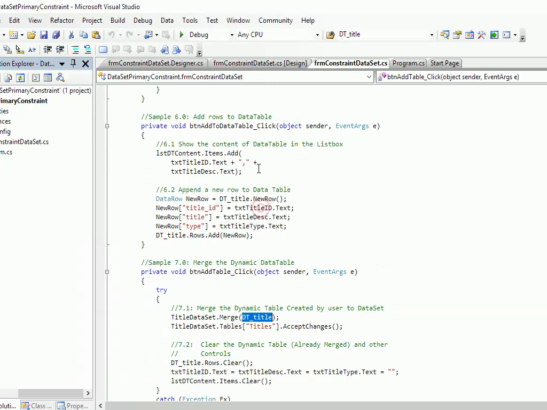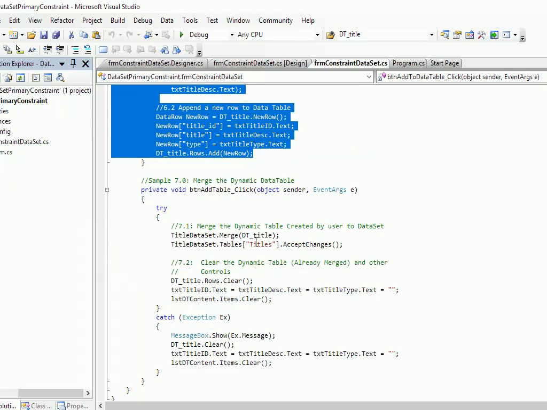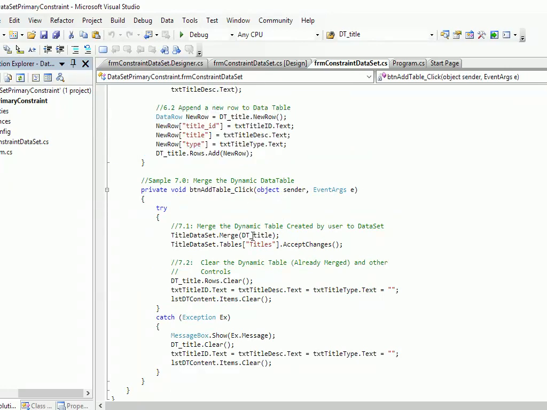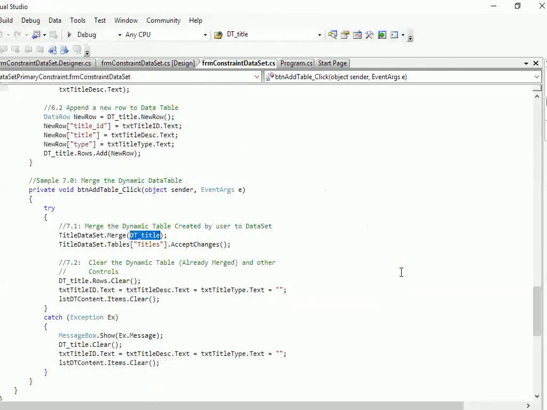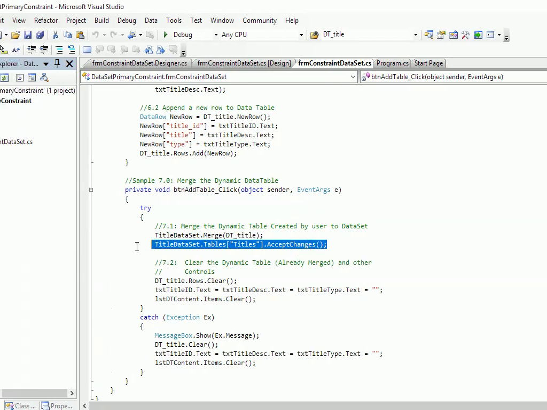One table that we are forming here, we keep on adding the rows here. Then when add table is clicked, the table is merged with the data table, which is part of the title data set. This title data set is filled by the adapter fill method. After we do the accept changes, we are refreshing the data grid view,